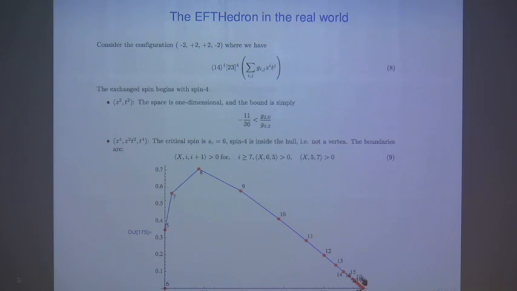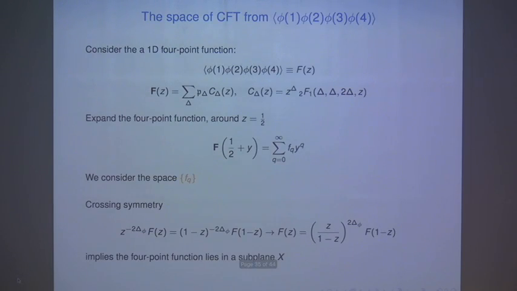So I guess I still have only 5 minutes left, so let me just go very quickly to the CFT problem. But for the CFT, you know that this is exactly the same structure, where you have the 4-point function. You're expanding on the conformal block. You can take the conformal block and then make a Taylor expansion, and then you will get a Taylor series expansion. You get some vector. Now, of course, we have crossing symmetry. That just means that the 4-point function is lying on a subdimensional plane.